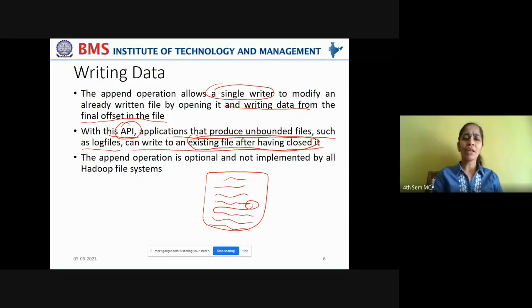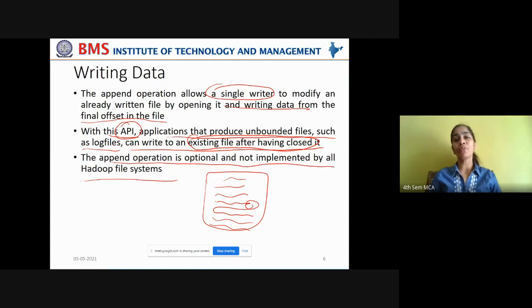Got it? Now the append operation is optional and not implemented by all Hadoop file systems. The append operation is not encouraged. It is not entertained by all kinds of Hadoop file systems.